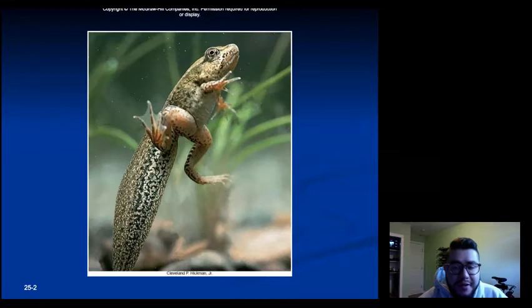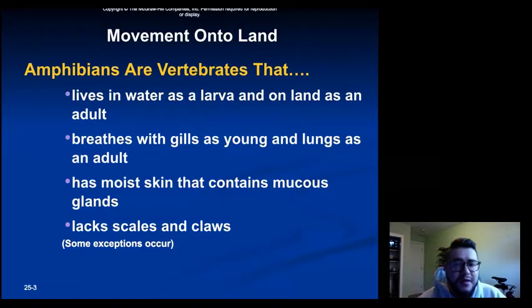Today we will be talking about amphibians. The word amphibian actually means two lives, because they spend about half their life in the water and half of their life on land. So amphibians are vertebrates that live in water when they are larvae, and as adults,